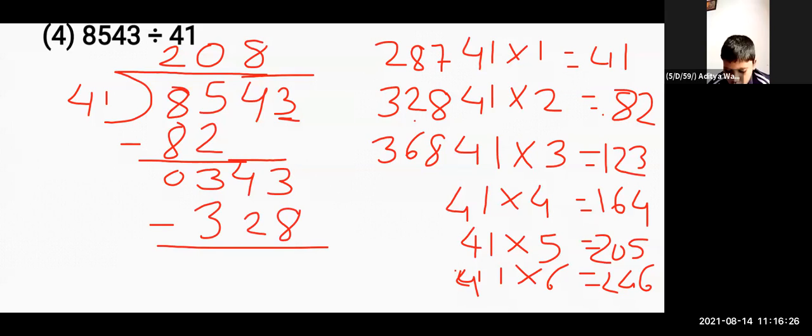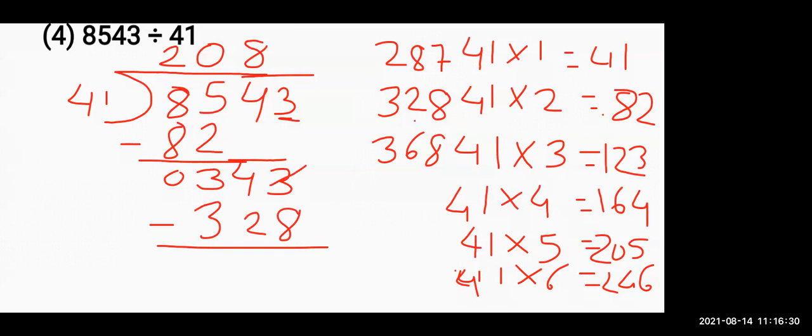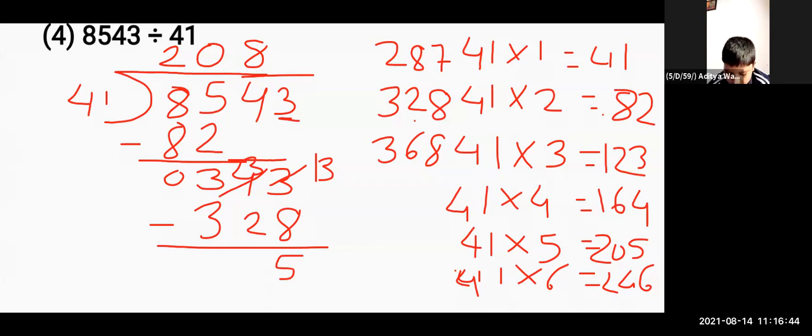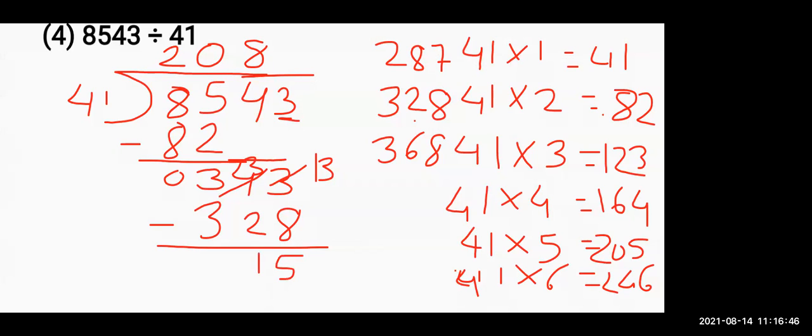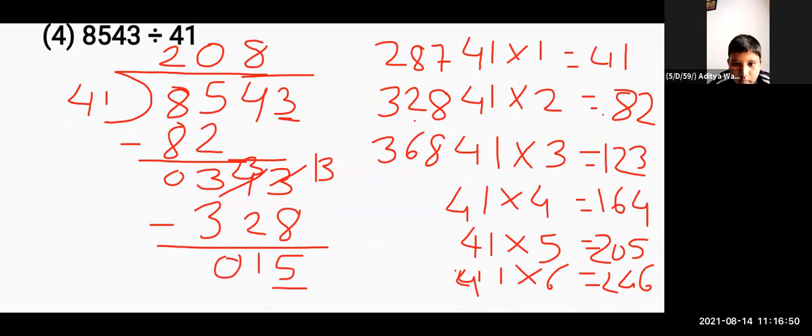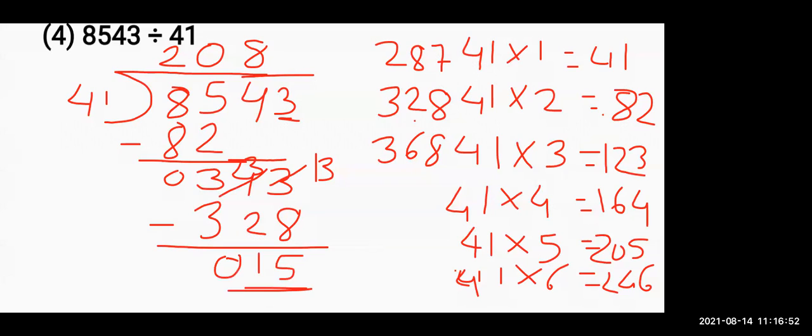No, teacher. Okay, so what do we have to do? We have to borrow from 4. So here it will become 13 and here it will become 3. Now 13 minus 8 is 5. Clear? Don't do it directly. Now 3 minus 2. 3 minus 2 is 1. Okay, 3 minus 3, 0.